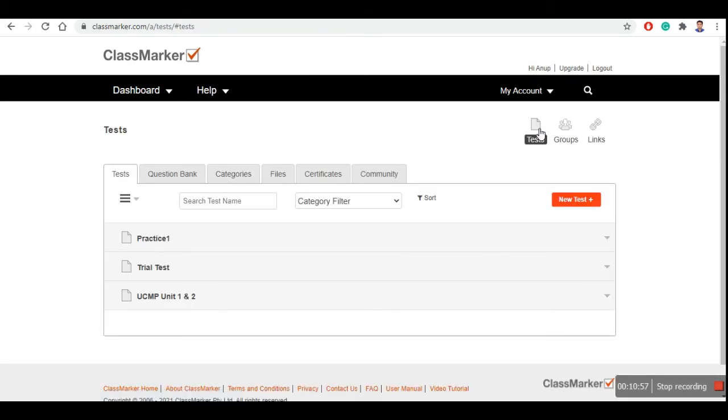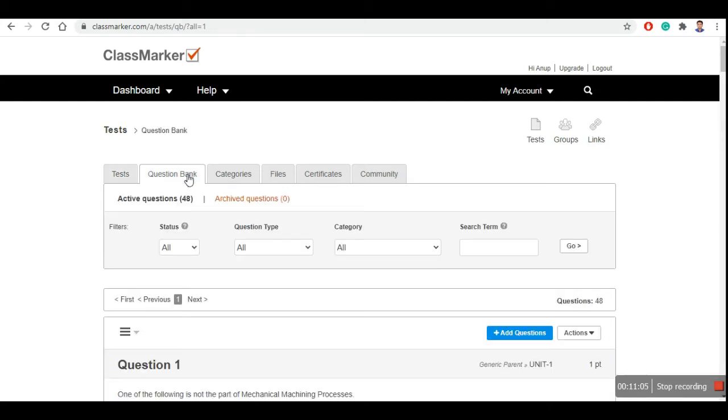So if you want to conduct a test, it is always recommended that you click on question bank. Okay, you add questions in the question bank and then you create a test. So from the question bank, you can pick all the questions which you require. Say you are going to conduct a test of 30 questions. So remember, this can be done for multiple choice type questions without figures. I am giving a stress on without figure.